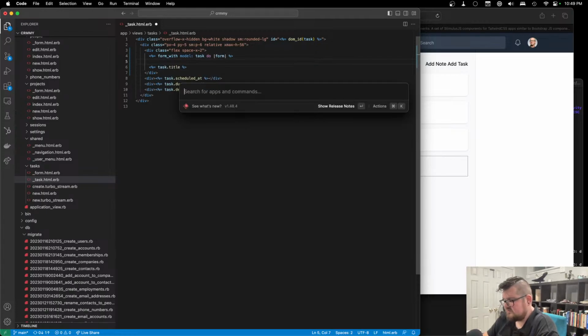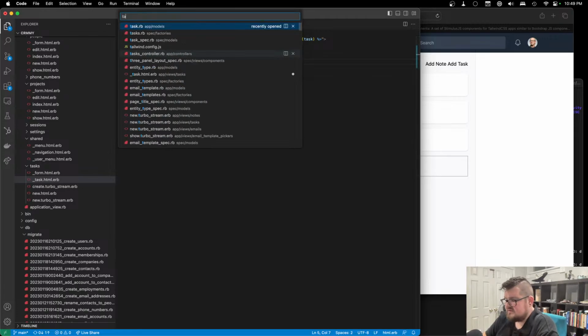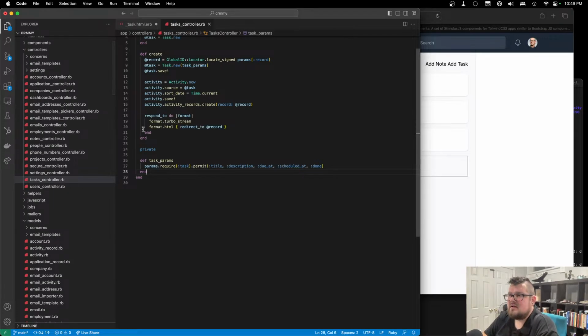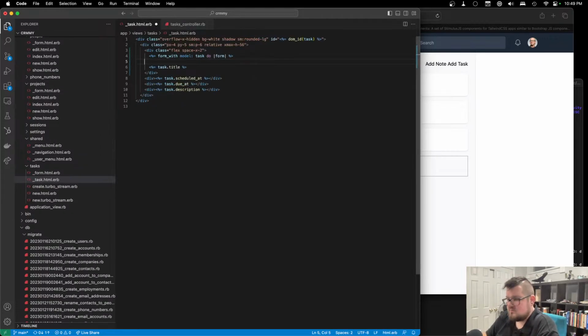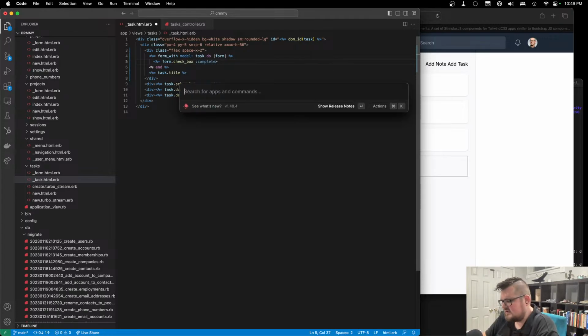And actually, let me check right now. So if we go to the task controller, we have create, but we can't edit. So that actually is perfect. That's what I want. So we are going to end this. And in here, we only want to do a checkbox. So form.checkbox for completed. Actually, let me check the